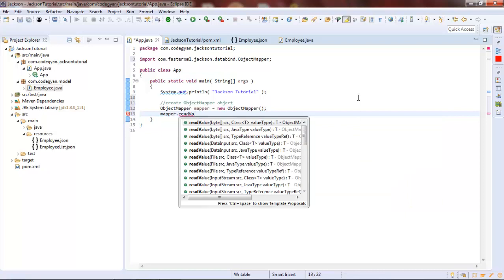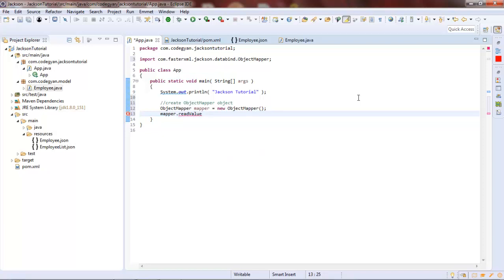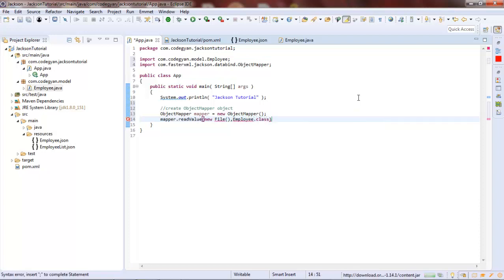We will be using the readValue method. Inside readValue, we have to provide the path of our JSON file, and the second parameter is the class to which this JSON has to be parsed.